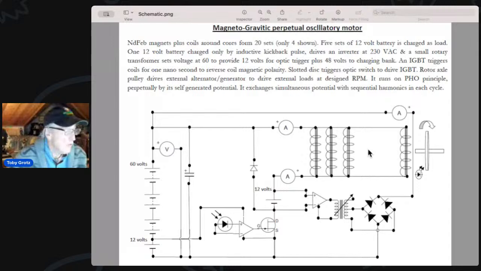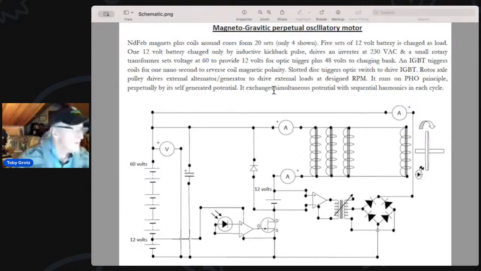One 12-volt battery charged only by inductive kickback pulse drives the inverter at 230 volts AC, which is quite a voltage he's getting out of this small device. And a small rotary transformer sets the voltage at 60 to provide 12 volts for optic triggers plus 48 volts for a charging bank. The IGBTs trigger coils, and I'll bring that up right here. Let's see. Hold on, let me bring that around. We've got the IGBTs down here that are